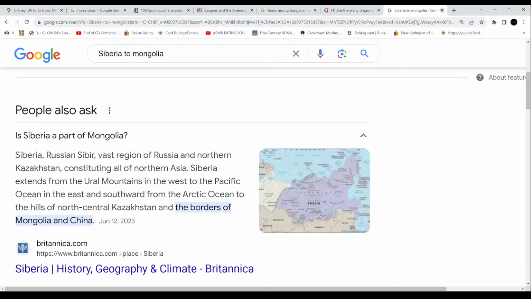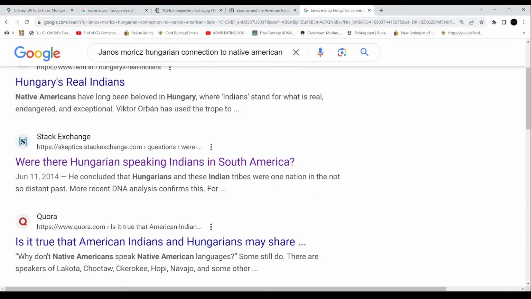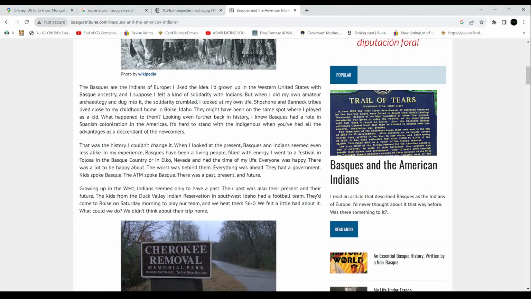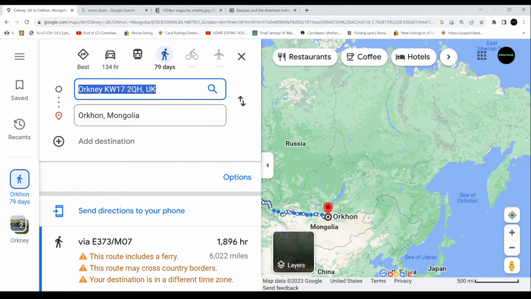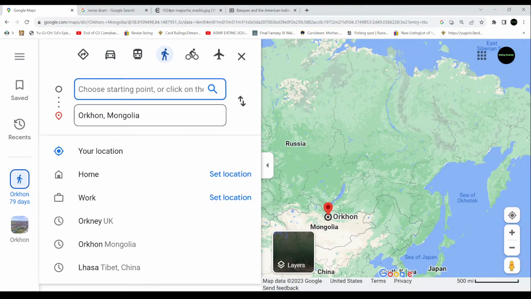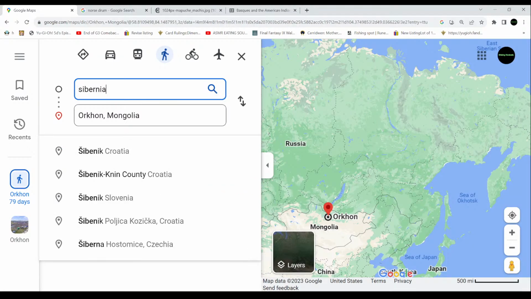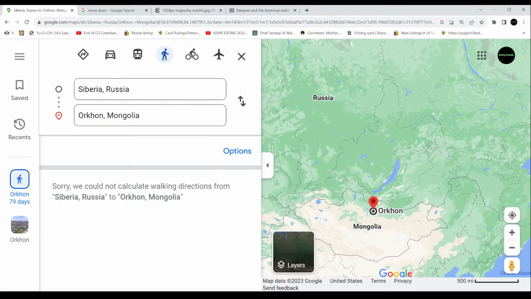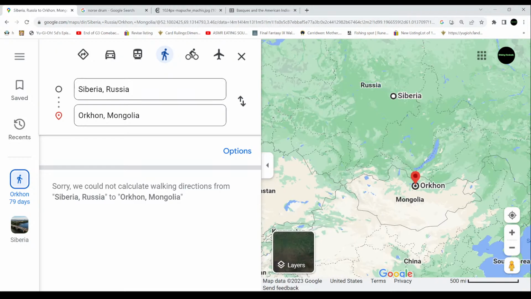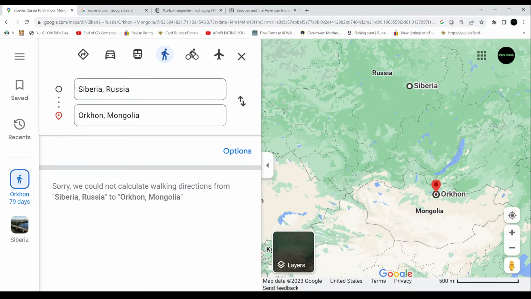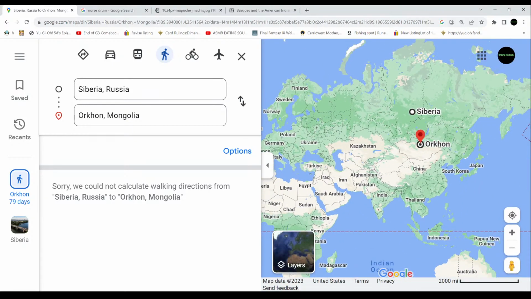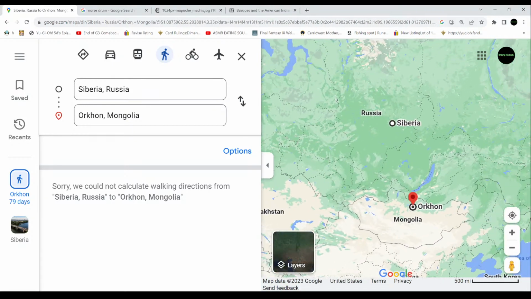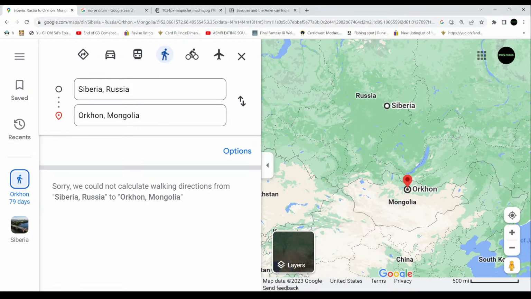Okay. This is where it can be a little bit tough to really bring this all together, but I'm going to try to see if I can. So Siberia is a little bit further north, so it is a bit of a distance, but for all intents and purposes, there is that kind of link of migration,